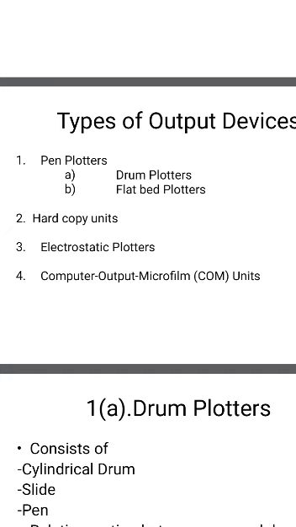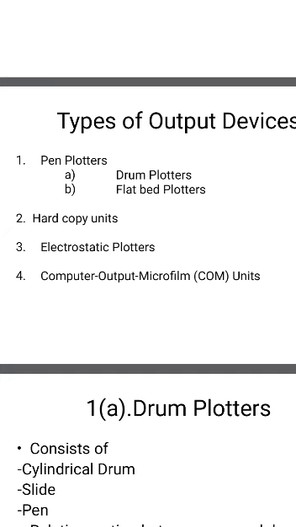Next, what is a pen plotter? A pen plotter is nothing but a mechanical ink pen to write on paper through relative movement of the pen and the paper. Based on types of pen plotters, currently used are the flatbed plotter and the drum type plotter. These are the different types of pen plotter, drum plotter and flatbed plotter. We'll see the drum plotter first.